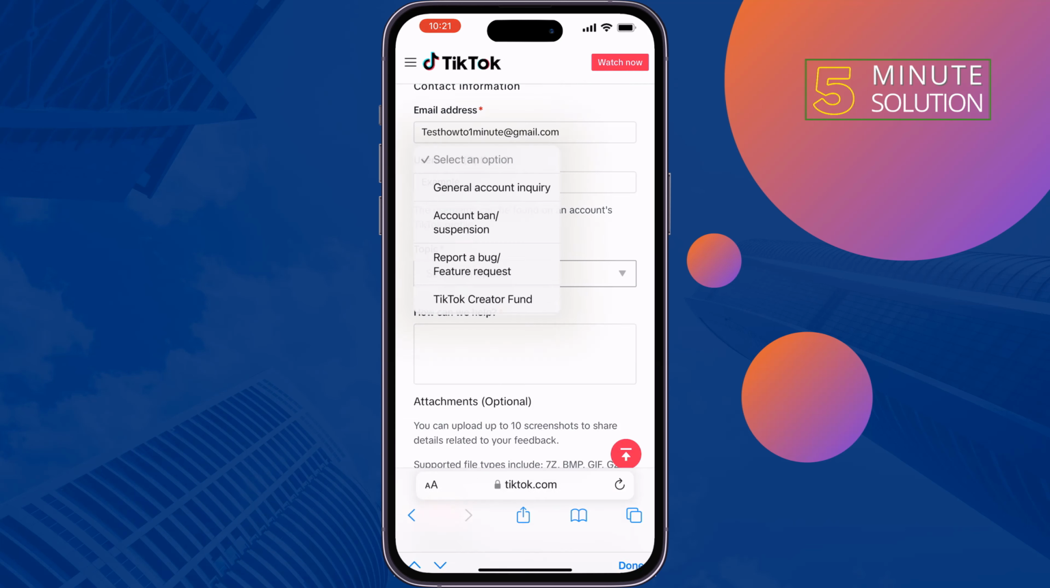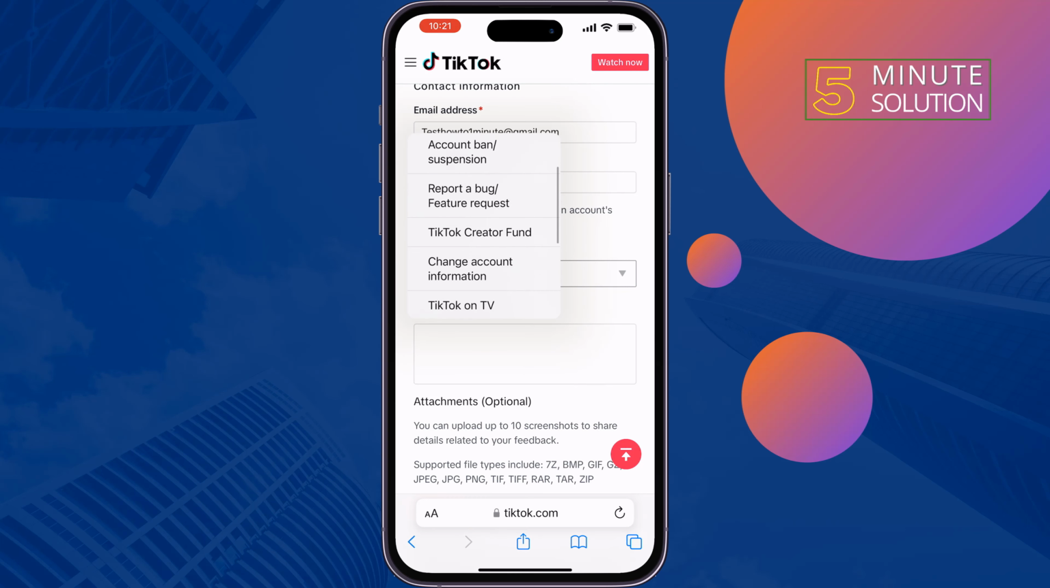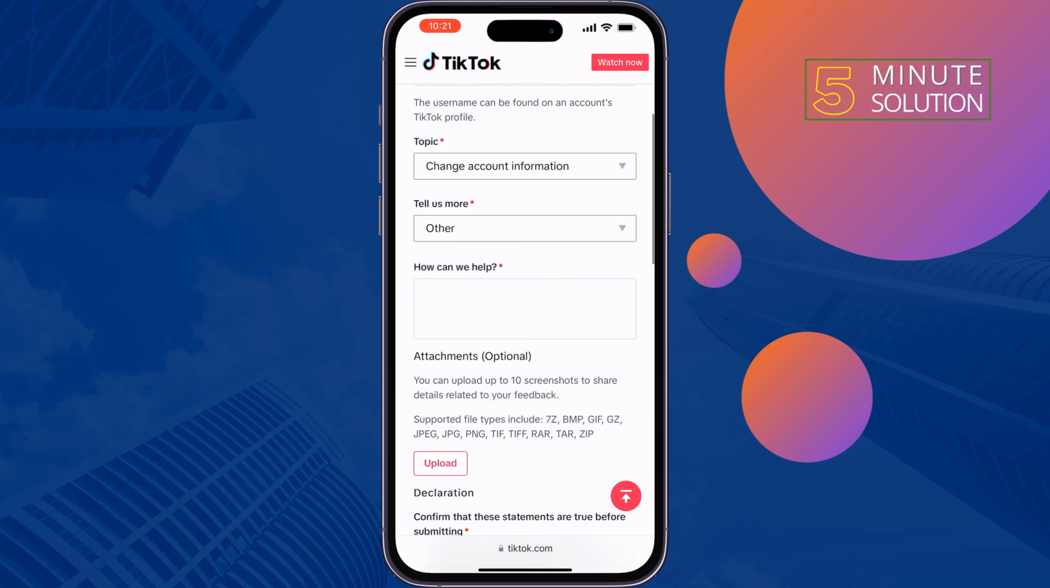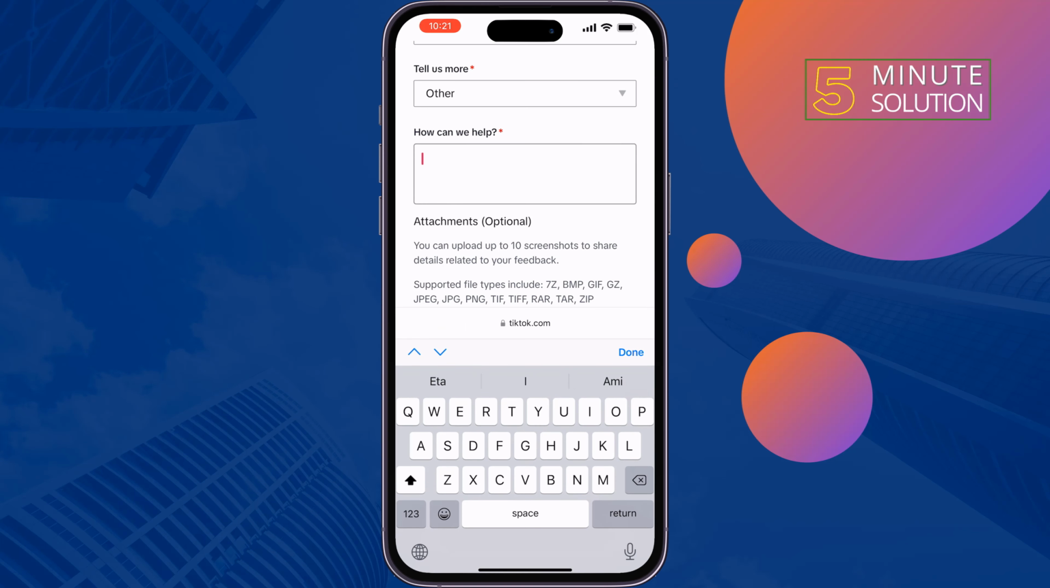tap on topic, select change account information, tell us more, tap this drop down and select other, and in this description box you have to explain that